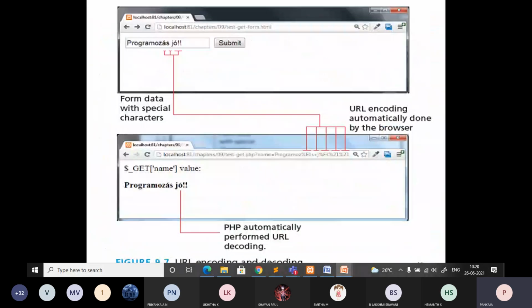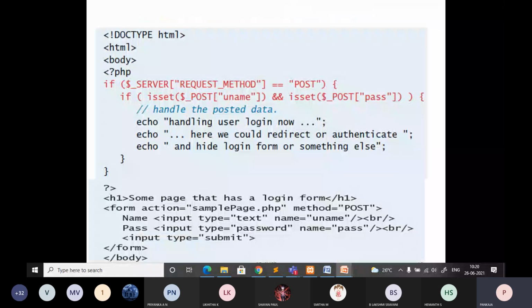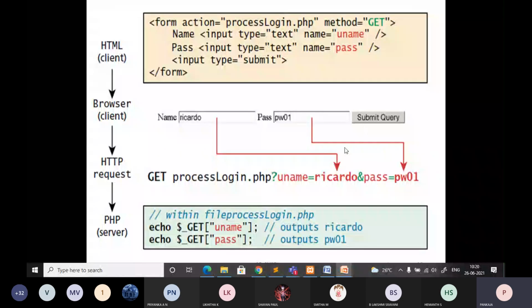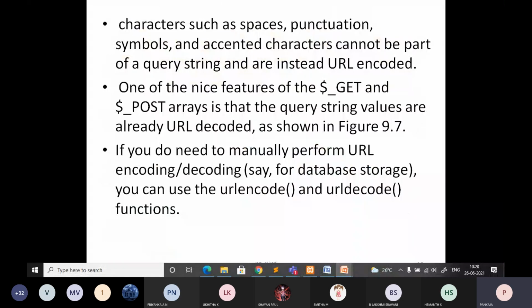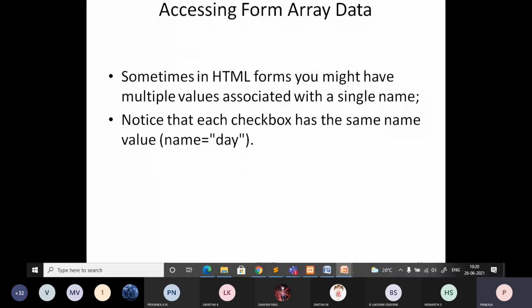When you are explaining form, get and post, you should be very specific with respect to how the data is passed. You should write all these things. This flow of explanation is required when you are explaining the methods, and more focus should be on the code part. Whatever theory you write, sometimes you may not get good marks, you will be getting partial marks. That's why when you are learning any programming language, give importance to the code.